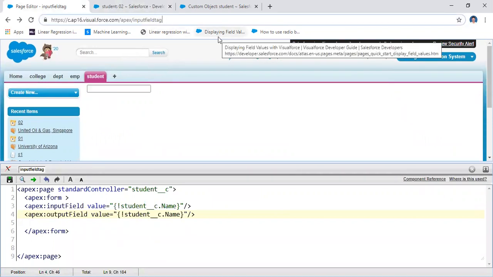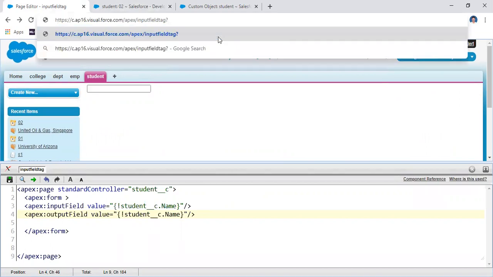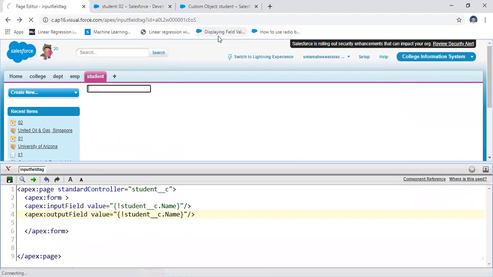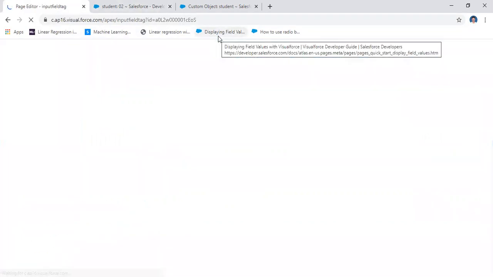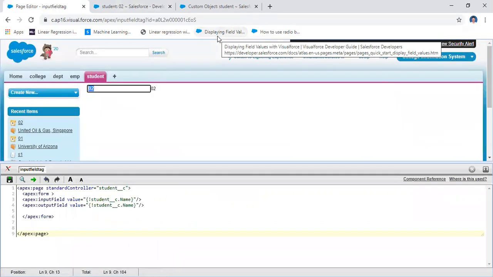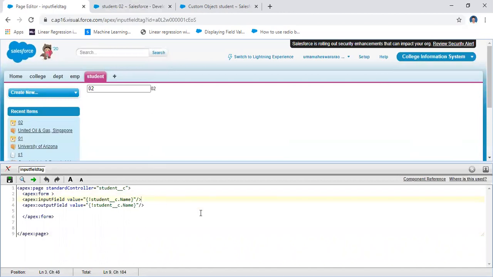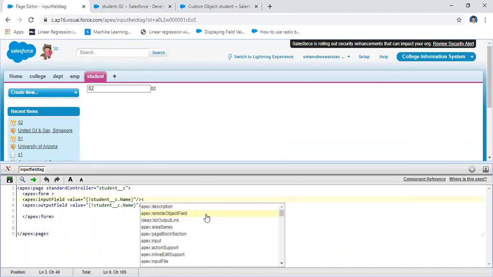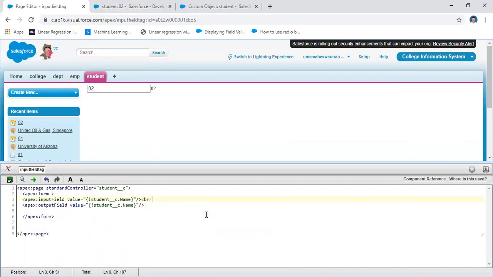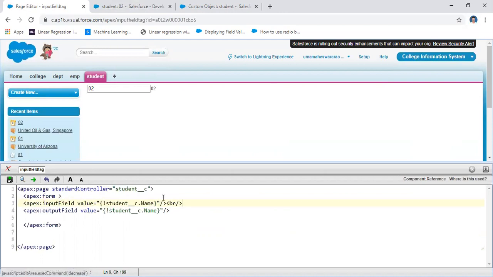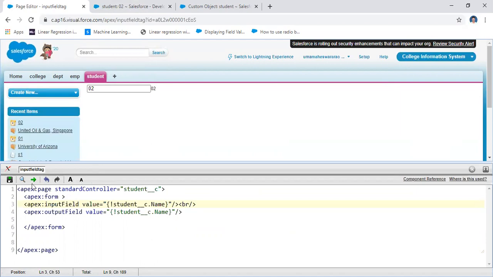Here, question mark, id equal to, Control V. Enter this. Id equal, and it shows the id. For example, I'm taking the break here. How can you get this value? 0 to...